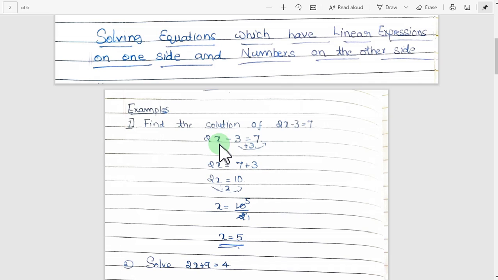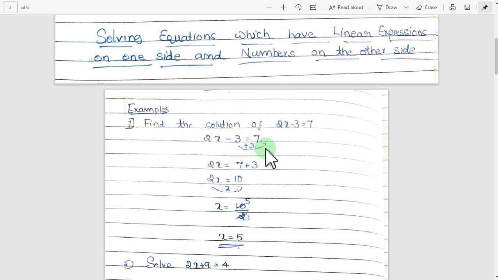Whichever number is there with the variable, we have to take to the other side, that is the right hand side of the equal sign, because x is on the left hand side, LHS. So all the rest of the numbers we have to take to the right hand side. First we have to take the number which is far from the variable, that is minus 3. When you take minus 3 to the other side, it becomes plus 3. So what will remain on the left hand side? 2x. 2x is equal to 7, the number which is on the right hand side you write first, then minus 3.